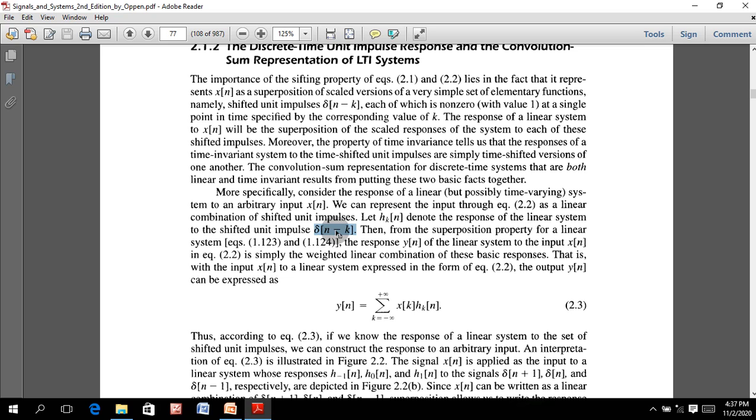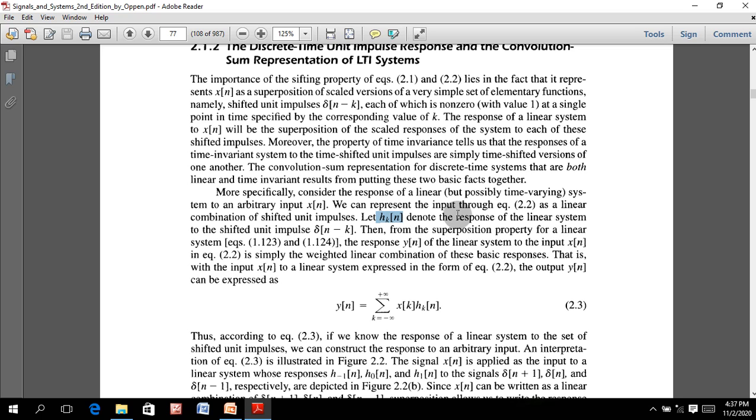First we take a system that is time varying. When we feed the impulse signal through a linear time varying system, we will get a specific response such as this. From that we can realize the response y(n) of the linear system to the input x(n)